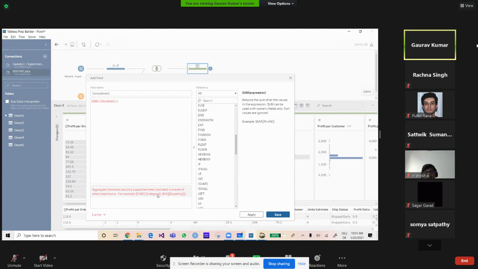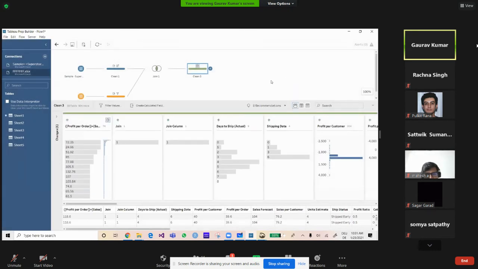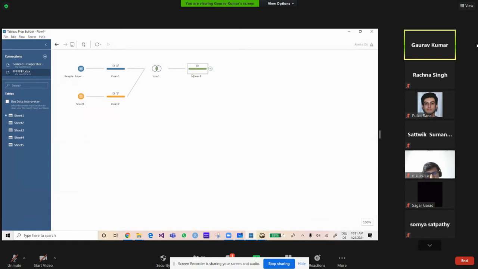So whenever you are doing a wrong calculation, it will give an error, and based on that warning message, you can try to fix it.